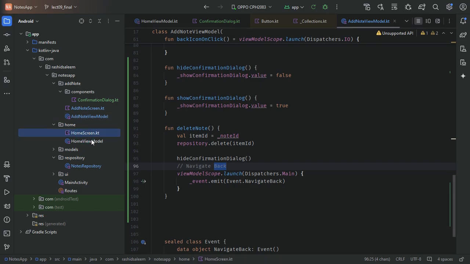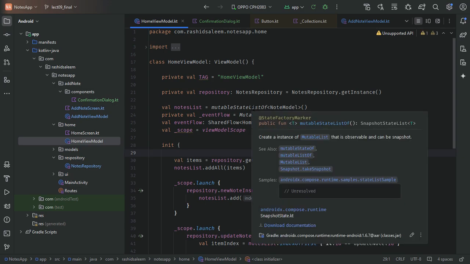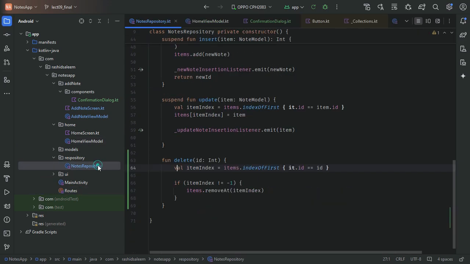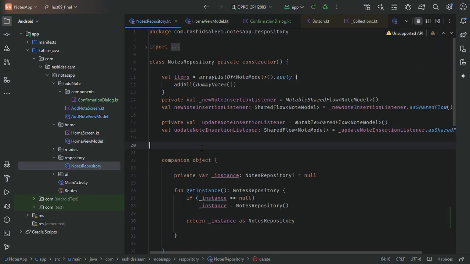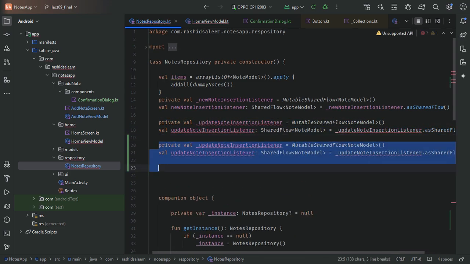As we have the same instance of the repository on our both screens, we need to implement the observer pattern again for the deletion process. So we need to go to our nodes repository and create another method here, let's copy this